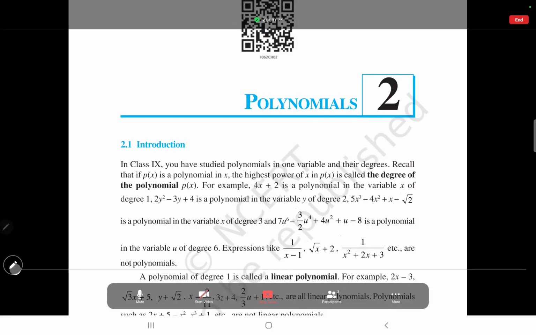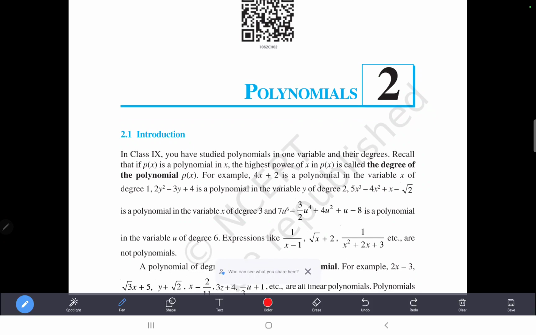Okay, let's start. In the last class, we learnt about HCF, LCM, and Euclid's method to find HCF. Hope you guys are doing the exercise. So let's start with our